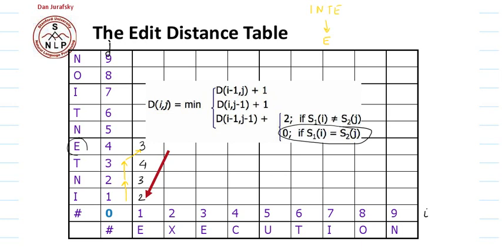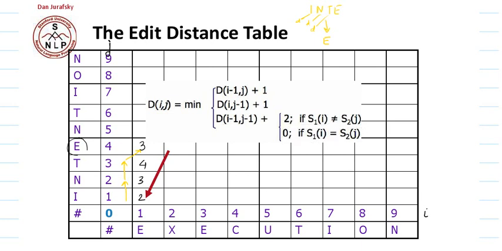But if I delete 1, delete 2 and substitute T with E, so I am here deleting I, then deleting N, then deleting T, right? This is delete, this is delete, and this is delete, and we don't do anything with E. Substitution cost is 0. So this is the minimum path that is being followed here,